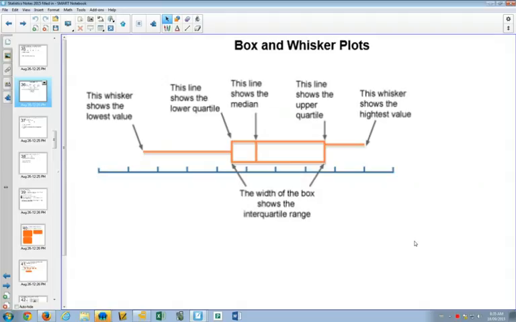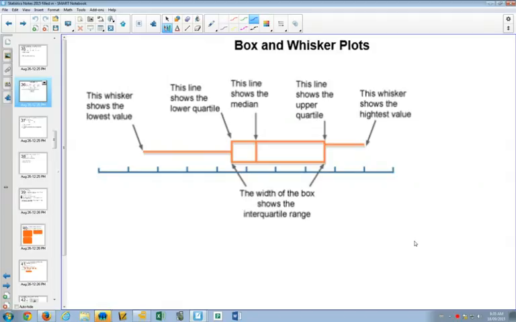And your whiskers, those are the lines at the end, they go down to your lowest value and up to your highest value. So they show how the data is spread out, and the length of the box is your interquartile range. Now some sections are bigger and some sections are smaller,